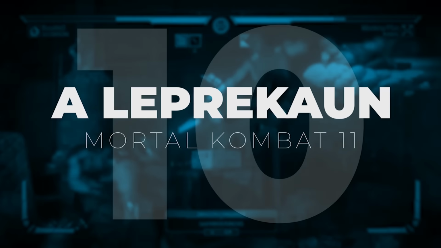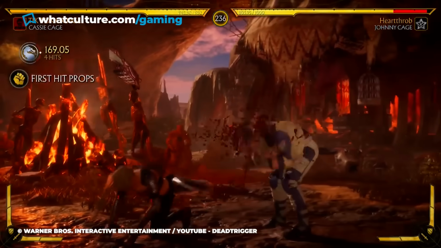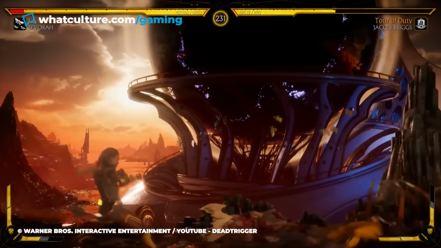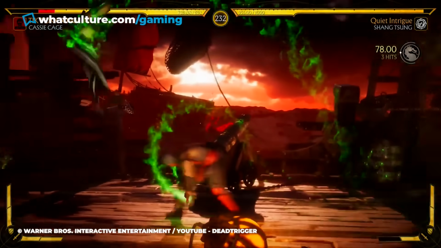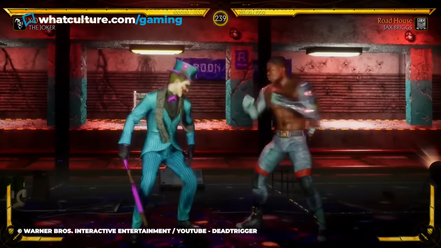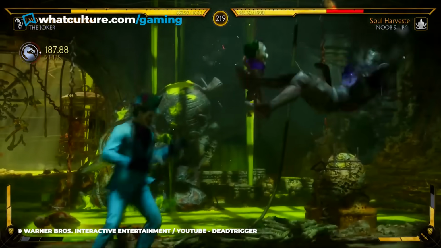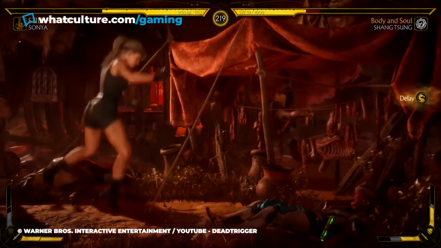Number 10. A LEPREKAUN, Mortal Kombat 11. Mortal Kombat 11 introduced a new feature called consumables. By activating these artifacts before a match, your player can call upon all sorts of offensive and defensive accessories. Most of these items are exactly what you'd expect. When your opponent is causing you trouble, you can shoot a barrage of shurikens, a tarkatan blade, or a bloodied sai. But if you want the luck of the Irish on your side, you can use a bloody clover to